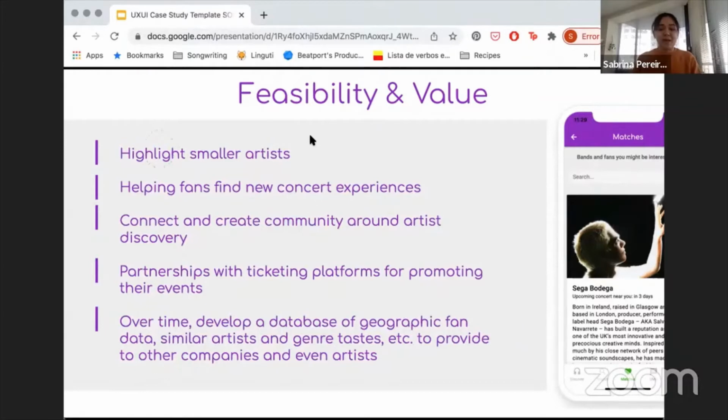Financially, we saw this app possibly being ad supported, but also could possibly create partnerships with ticketing platforms in exchange for promoting these events and pushing fans to attend these concerts. As well as over time, we could develop a database of very valuable data, including geographic fan distribution, artist similarities of fans like "this have also liked this", genre tastes, etc., that we could be selling to other companies and